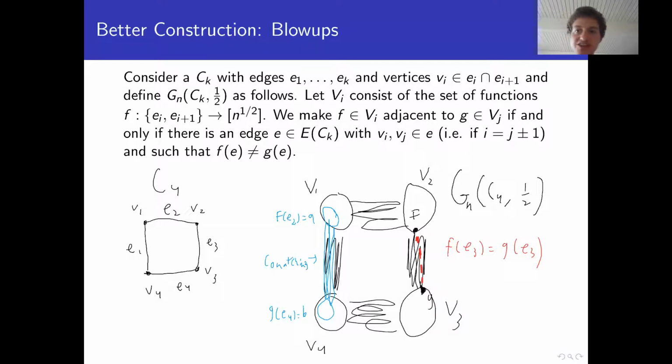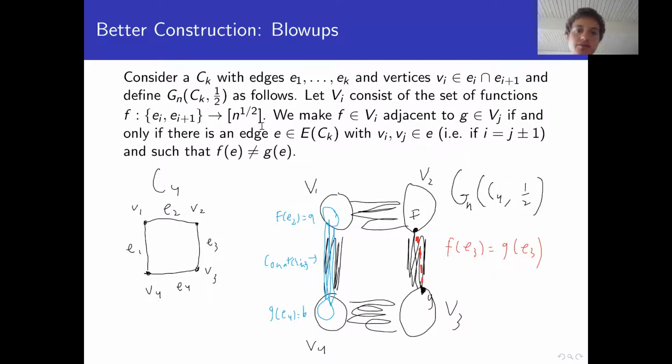So there's a lot of things on this slide. So let me go through it slowly. We're going to start with some ambient K cycle, which has some edges and some vertices arranged how they are. And we'll define the blow-up graph G_{n,C_K,1/2} as follows. This will be a K-partite graph where each blob of vertices, V_i, will consist of all the functions which map the edges E_i and E_{i+1} to some integer from 1 to n to the 1/2. So to be clear, each takes in one of 2 inputs and outputs some potentially different 2 numbers